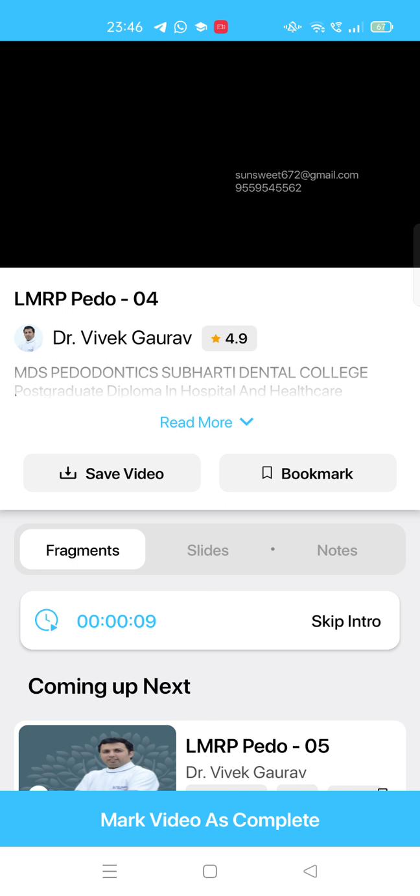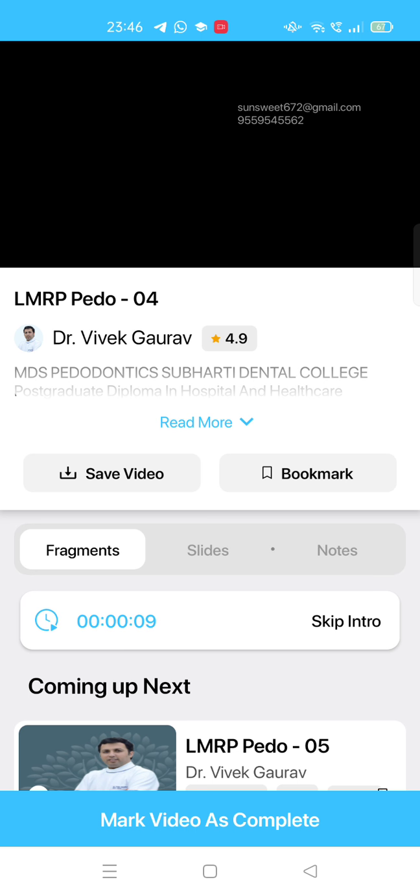So in the primary dentition, the first tooth that erupts into the oral cavity is the mandibular central incisor, and it erupts at the age of 6 months. Then the primary dentition completes by the age of 2.5 to 3 years. Another important question that is asked in the exam is at what age the primary set of dentition completes. It completes by the age of 2.5 to 3 years.